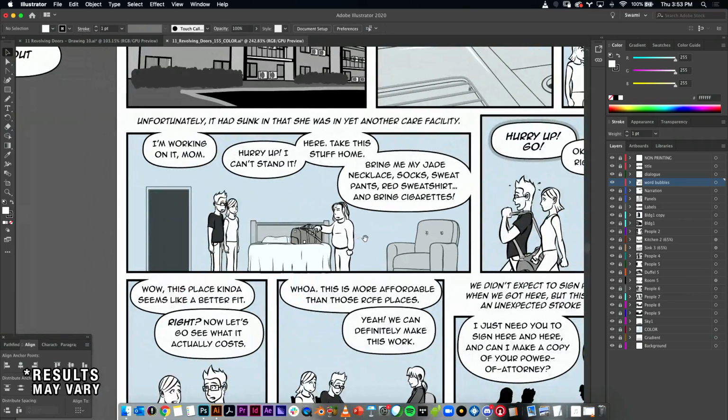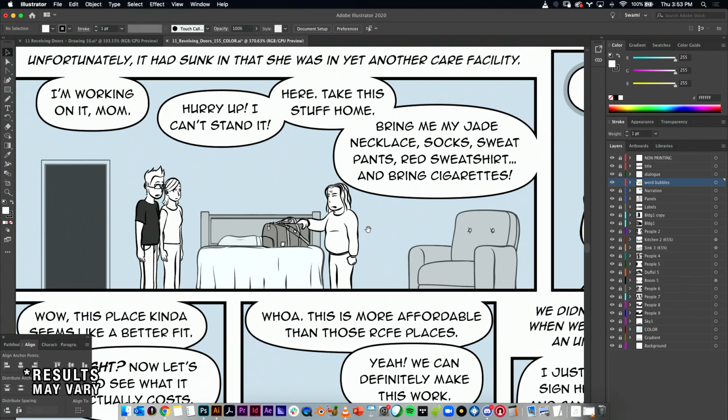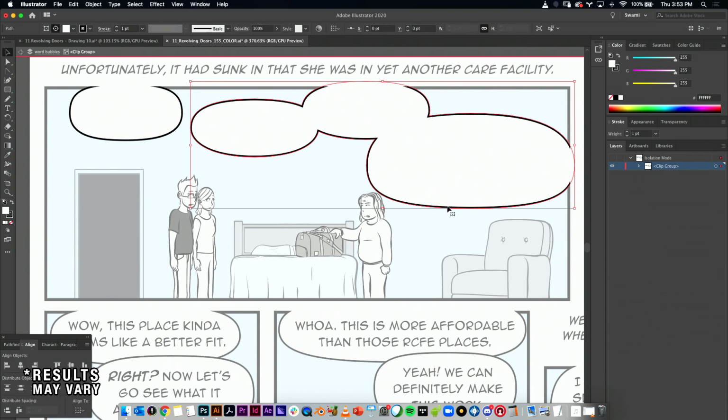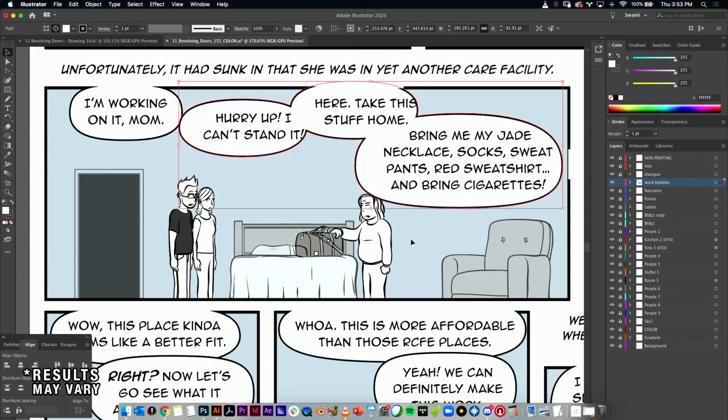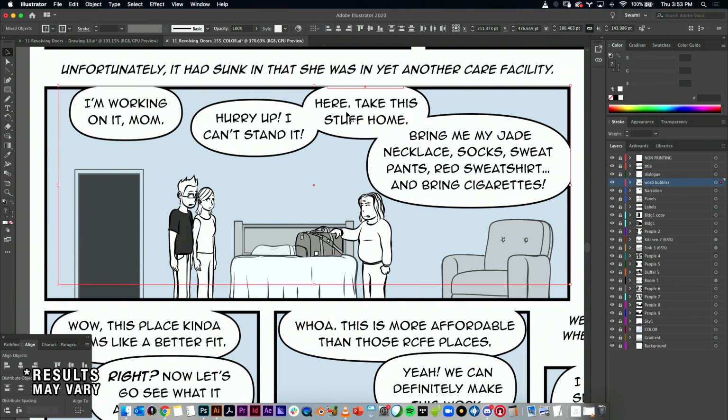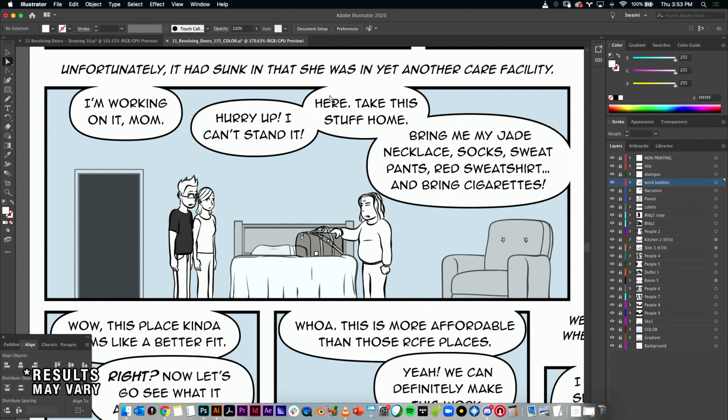So that's looking better, except it's still awfully close to her head. It's not necessarily a problem. Sometimes, let's do this. So I'm gonna grab this set of word bubbles,